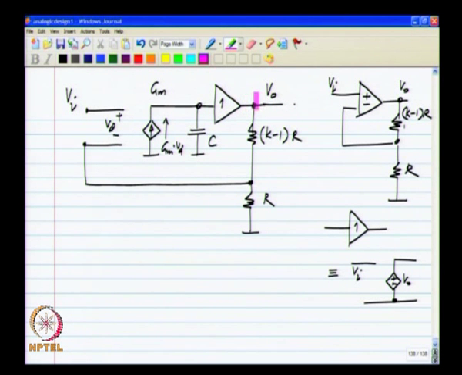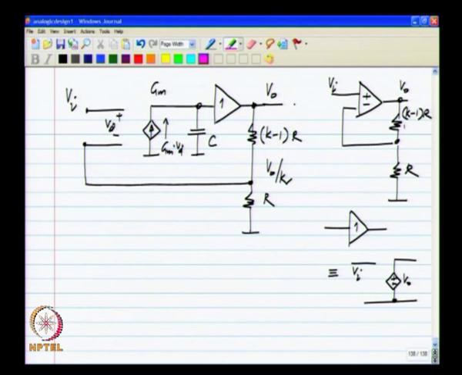And now you can see that if you have a constant Vi and Vo divided by K, which is being compared, is different from Vi, then a current will flow either into the capacitor or out of the capacitor, and the capacitor voltage will go on changing. The capacitor voltage will stop changing, it will remain static only if Vo by K happens to be exactly equal to Vi, or Vo happens to be K Vi. Okay. So, this is the amplifier which we have had earlier.